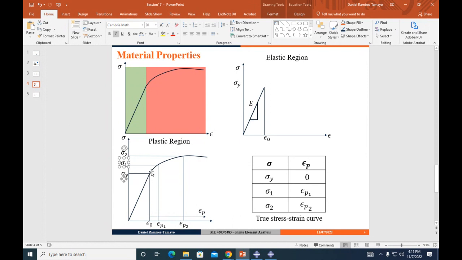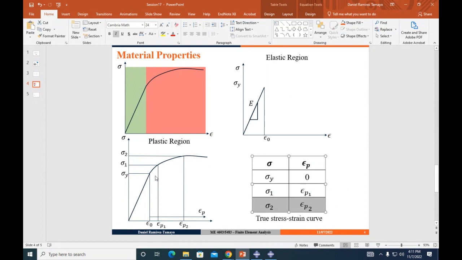So basically, what I'm going to do is simply provide Abaqus all the information about my curve right after the yield stress. As you can see here, what is the plastic strain right at yielding? Zero, exactly. At my stress number 1, I have X amount of plastic deformation. And then after I apply my stress number 2, I have X amount of plastic deformation. So I have to provide Abaqus as many points as I can.